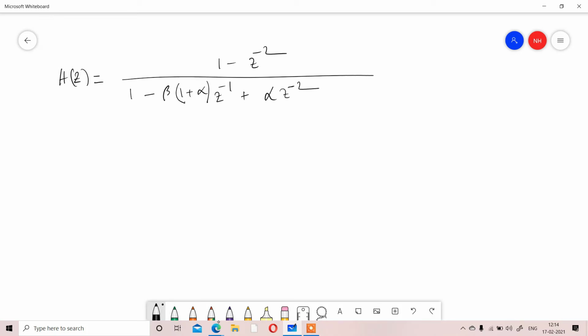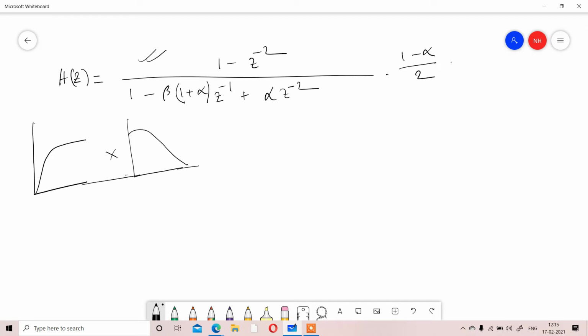Okay, that will be multiplied by 1 minus alpha by 2, that is the normalizing factor. So that will be your IIR band pass filter, which you get if we simply multiply one high pass filter with another low pass filter. That will be your high pass filter, and that will be your low pass filter. So if you multiply that high pass filter and low pass filter, you will get a band pass filter. And the response for the band pass filter will be this one.